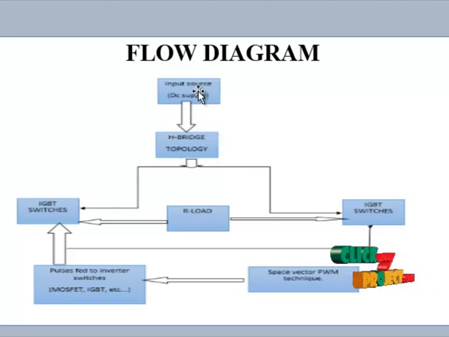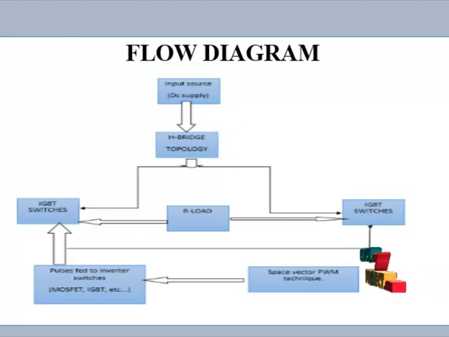Here we have 5 modules. The first one is the source module. This has the input source, which is a DC supply. This DC supply is fed to the H-bridge topology. H-bridge topology is a module to connect the switches in a particular manner, and here we use IGBT switches